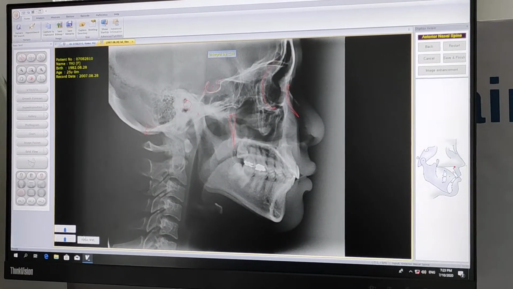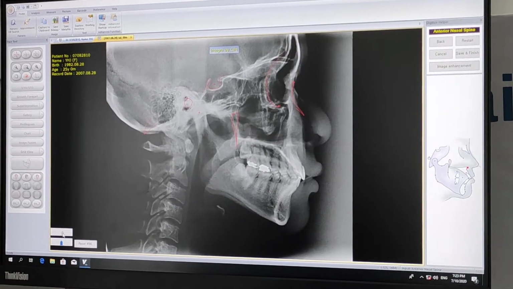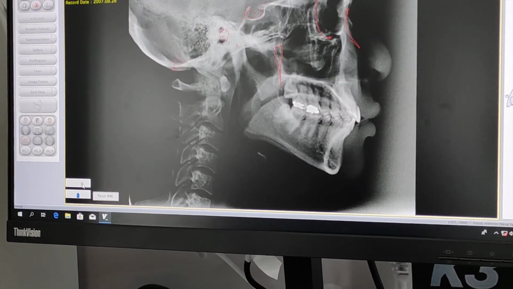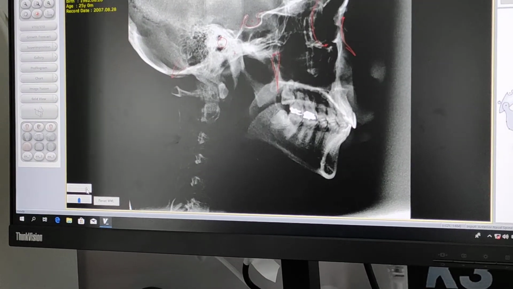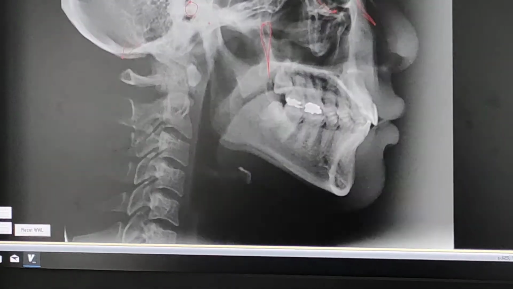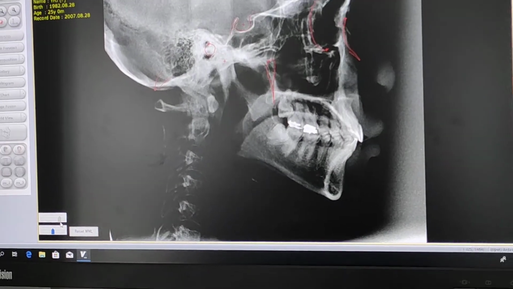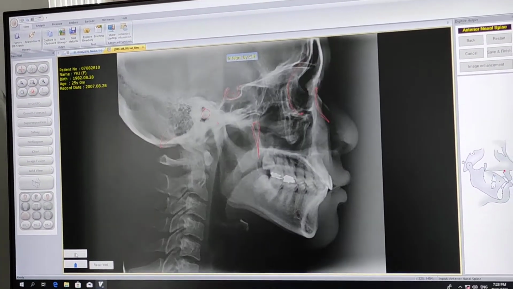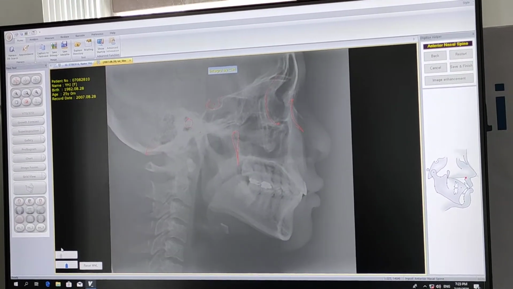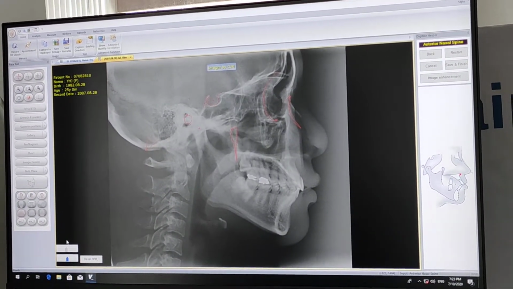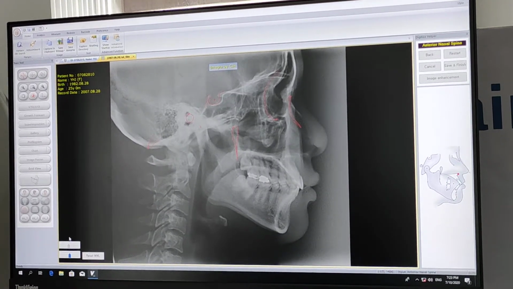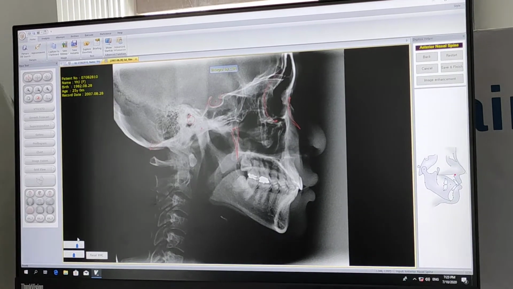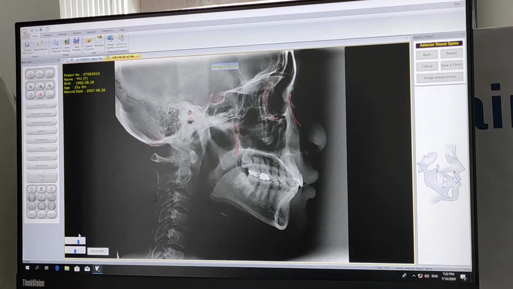Something which I want to show here is the panning of this particular cephalogram. For example, if you are not able to view the points clearly, you can do this, and with the help of this you can make the points very clear, and also you can increase the presence of soft tissue for the tracing purpose. If you want to do soft tissue tracing, you can keep this position where the soft tissues are accentuated. If you want to do a proper skeletal tracing, this is the point where you can do it.